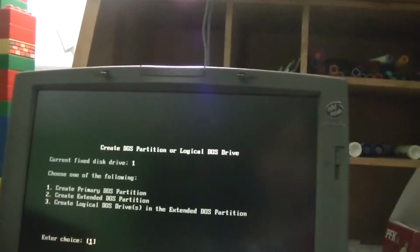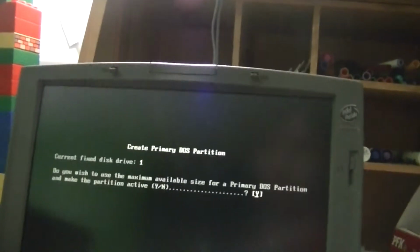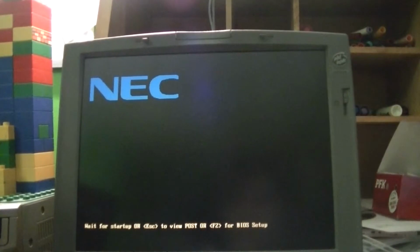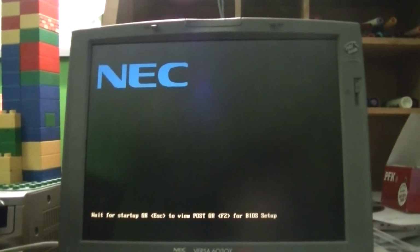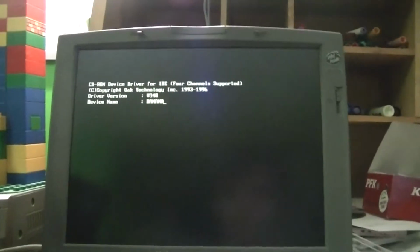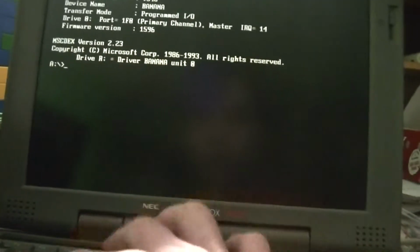We're going to hit 1. Primary DOS. Do I wish to use the maximum size available? Yes, I do. System will now restart. Insert DOS diskette. Press enter, and the system will reboot. I'm going to run fdisk again. Display partition information. We have a primary DOS, unknown, 100% usage because it's not formatted yet. Press escape. I'm going to go ahead and format